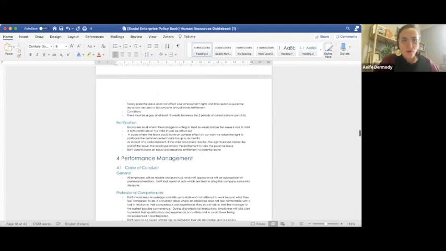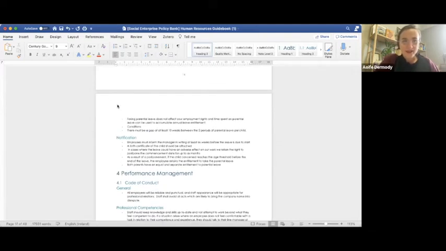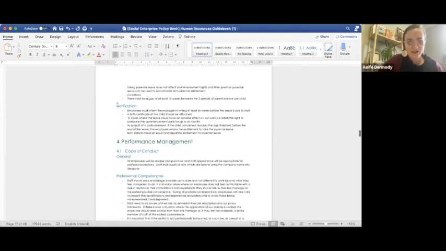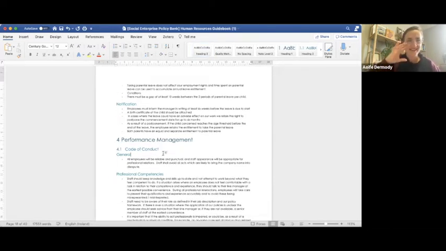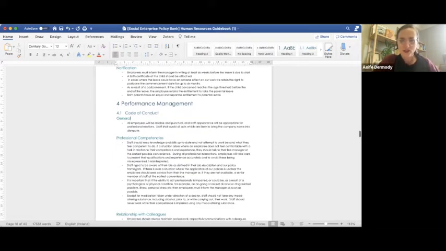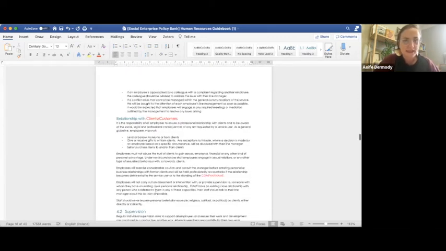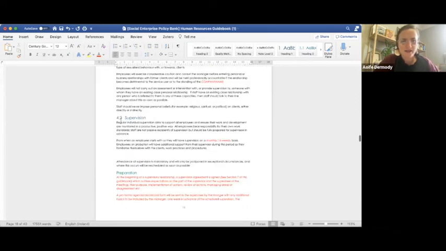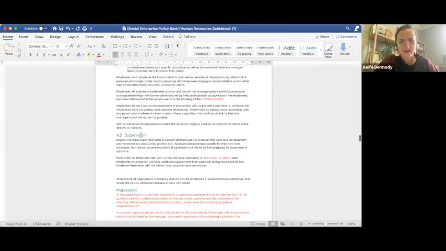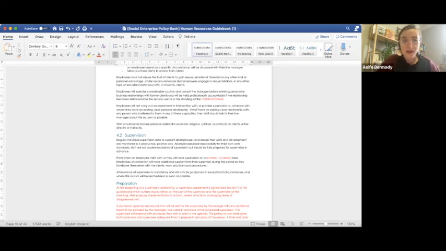Then we move away from all of this, as a lot of the minimums are detailed by law, and then you can add additional on. We're down to performance management, which is less legally detailed, but still relevant to all these other processes. So there's a code of conduct for employees that you can adapt and make your own. It details things around relationships with clients. Then next it talks about the process of supervision. So again, we've put in good practice, but you're obviously going to have to adapt this to what you need